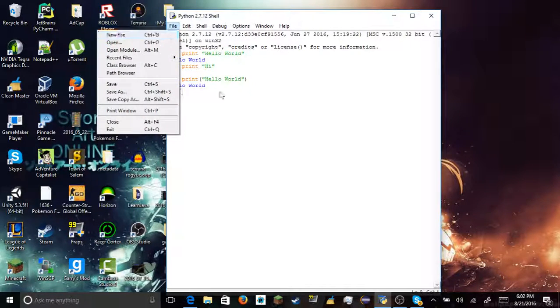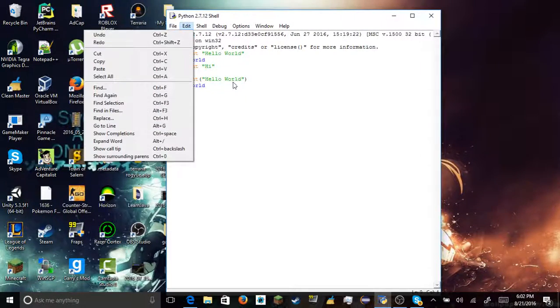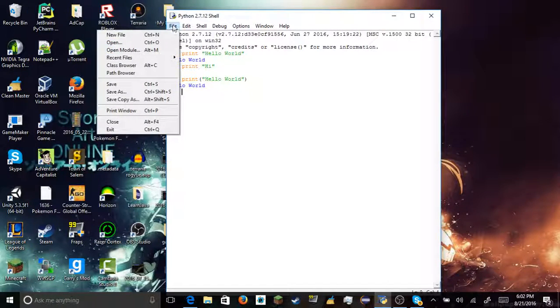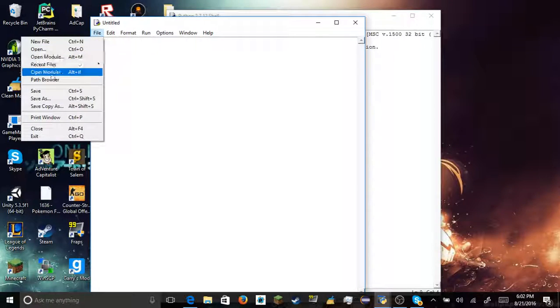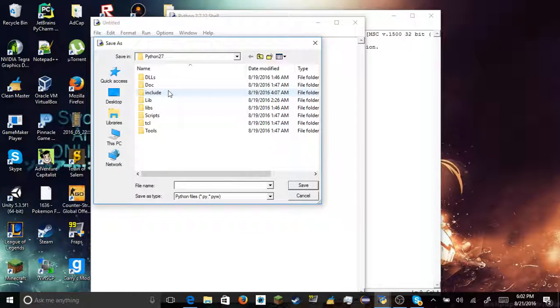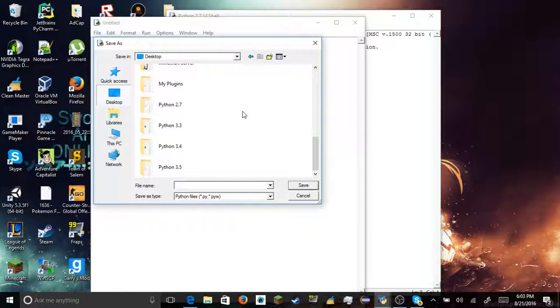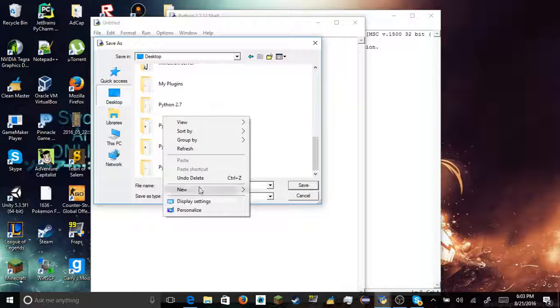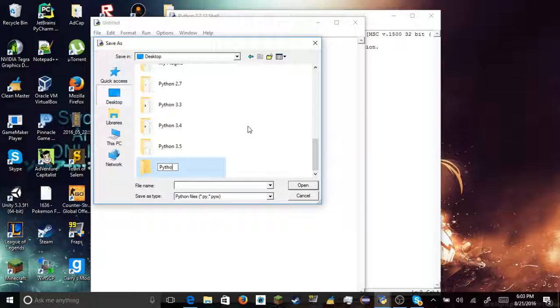Alright, so what you want to do on this shell, this is just the .py runner. It's a Python runner which runs all your code. So go to New File right here, and as you can see, it says Untitled. So first, Save As, and this is your Python folder. Probably save it on the desktop right here, and you should create a new folder for it so you don't get lost. Python YouTube